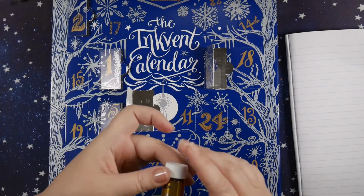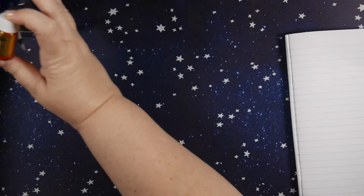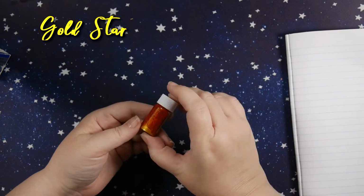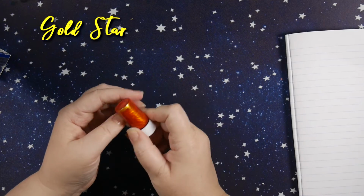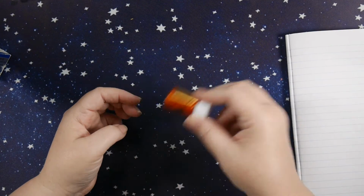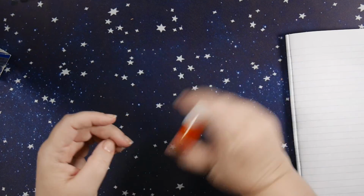Oh, here we go, gold. Yep. And it's a shimmer. Wonderful. Okay, so this is called Gold Star, and I think you can see it's pretty much supposed to be straight up gold. Now, as I mentioned with the first one, that the shimmers really do require a good agitation